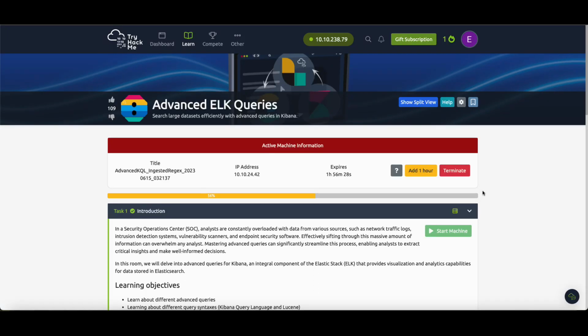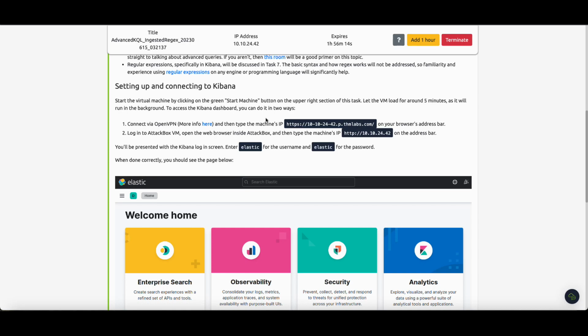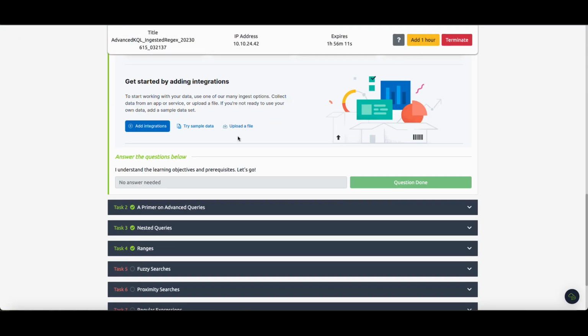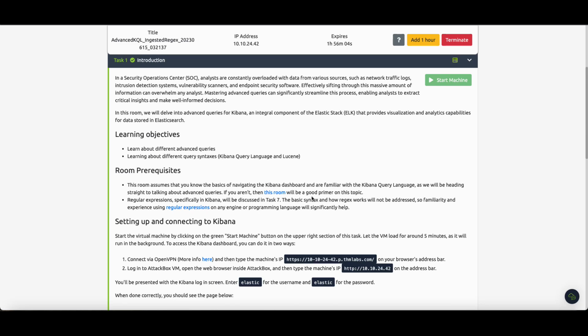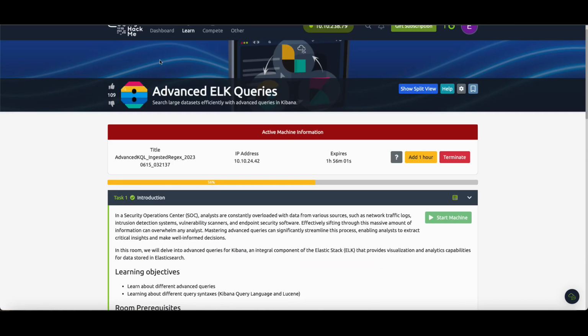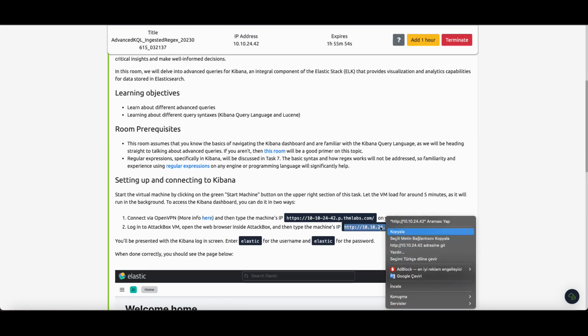Hello everyone, welcome again. Today we are going to solve a SOC level 2 room, which is advanced ELK queries. There will be two parts for this room, and in the first part we will solve until task 4. So let's start with task 1. Here we have to take our address to log in